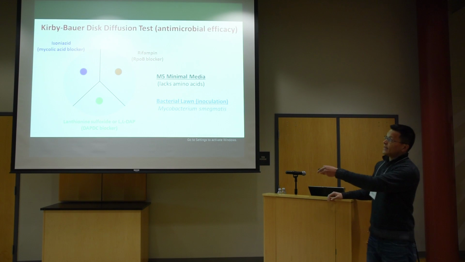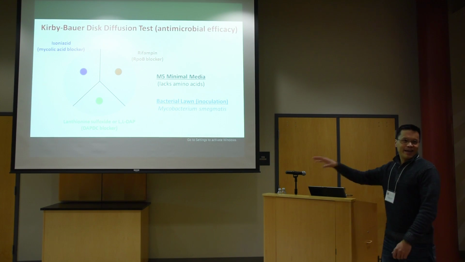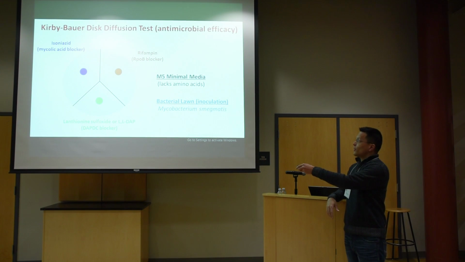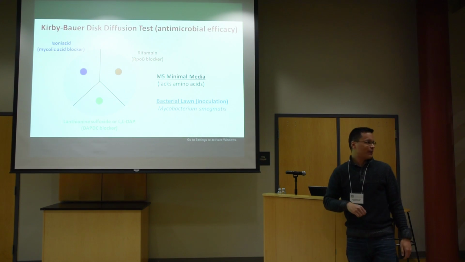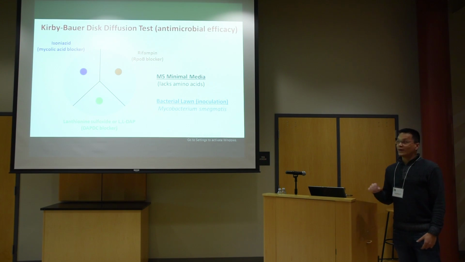And so here, I might take a Petri dish, and this is all M5 minimal media, so it's lacking all the amino acids, right? So it's going to take a while for these microbes to grow. But before we drop these discs on here, we're going to just make a whole lawn. We're just going to inoculate the whole thing with Mycobacterium smegmatis, the non-pathogenic form, because I don't want to kill